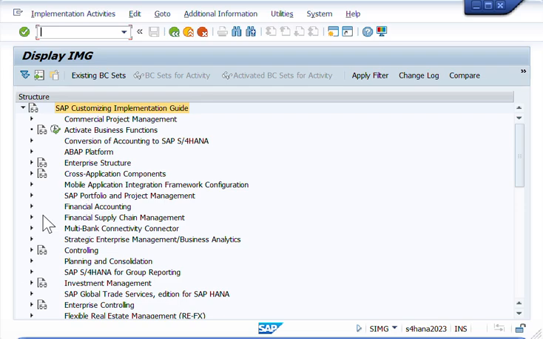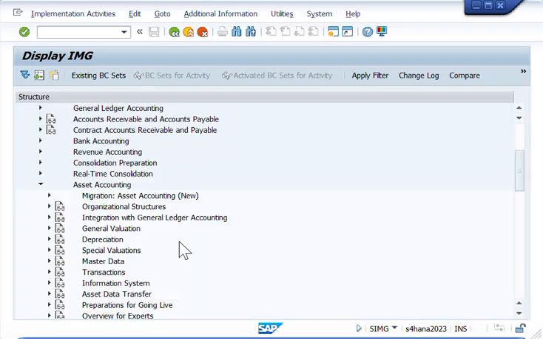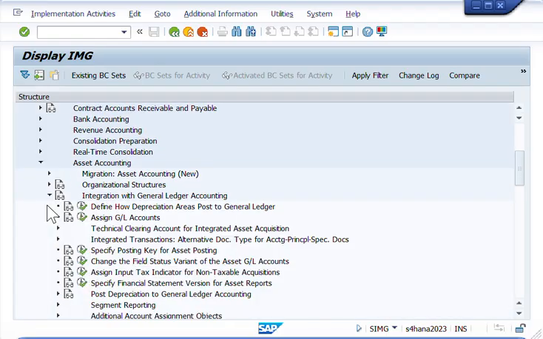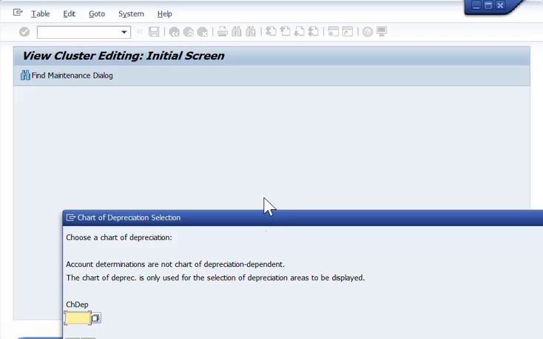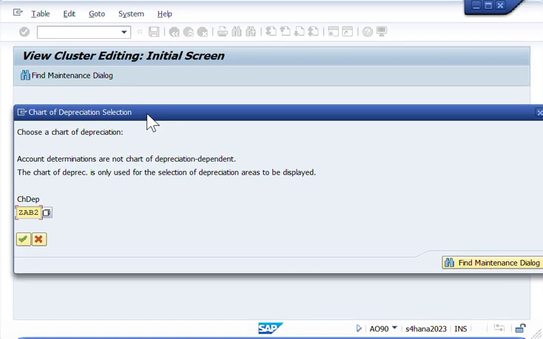We will be going to Financial Accounting node, and in Financial Accounting node, we will go to Asset Accounting node, and from Asset Accounting node, we will go to Integration with General Ledger Accounting and Assign GL Accounts. Execute this and type in your chart of depreciation. Mine is ZAB2. Click check button,